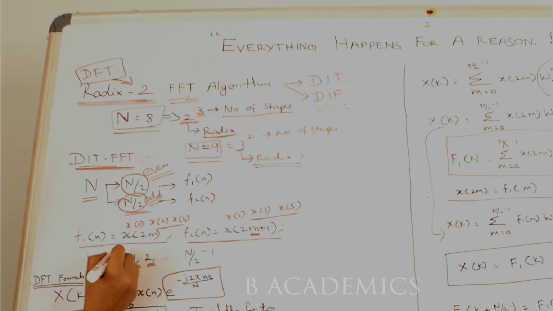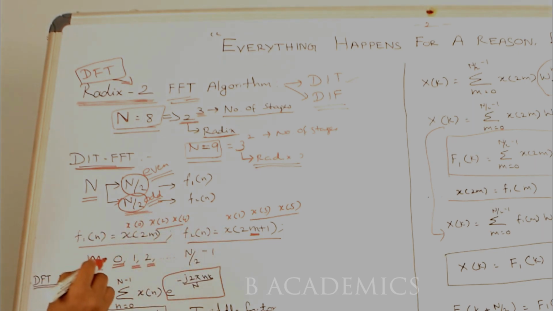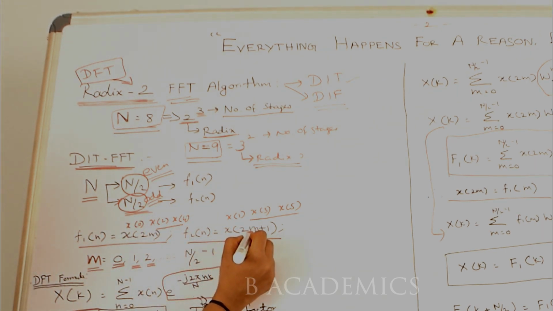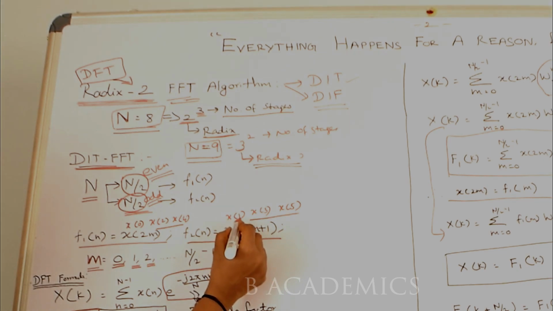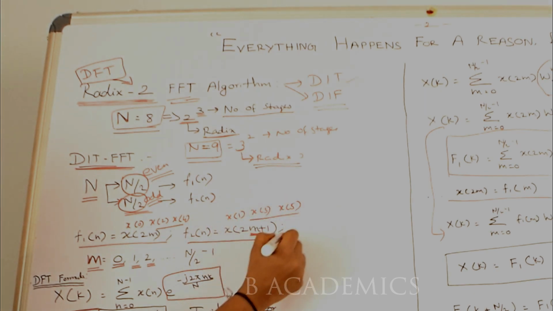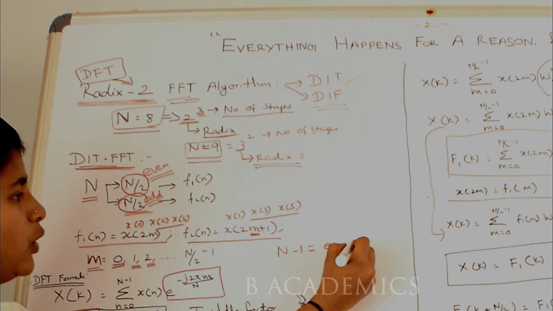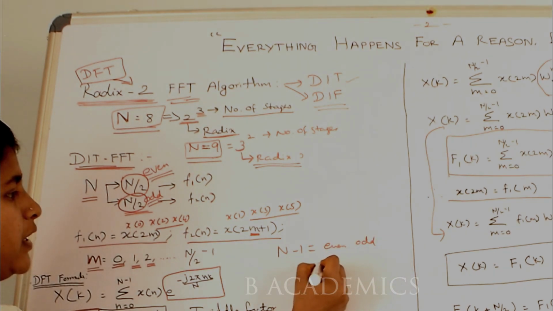Here when you substitute m as 0, you will get x of 0. When you substitute m as 1, you will get x of 2. When you substitute m as 2, you will get x of 4. This is for even functions. Okay? And here when you substitute m as 0, you will get x of 1. When you substitute m is equal to 1, you will get x of 3. When you substitute m is equal to 2, you will get x of 5. This is for odd function. Okay? So since N minus 1 can be divided into even and odd,